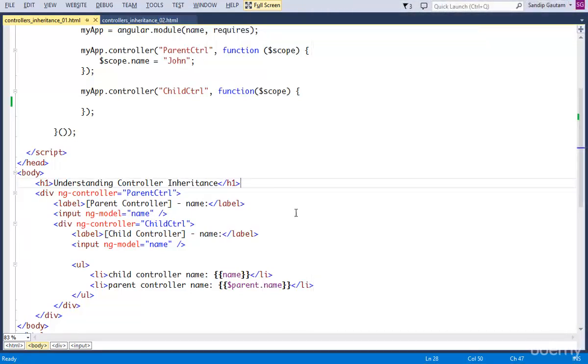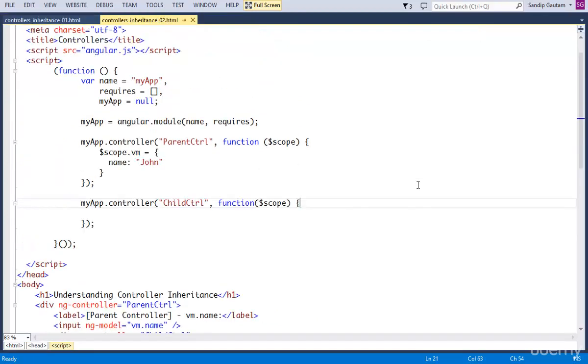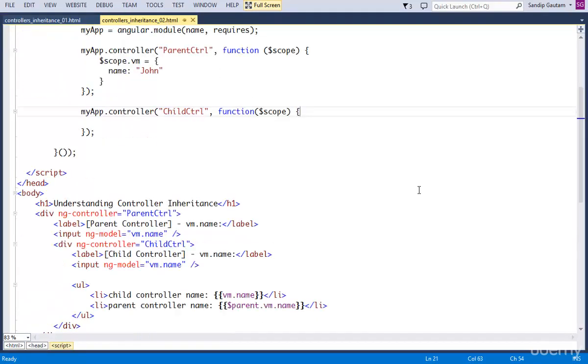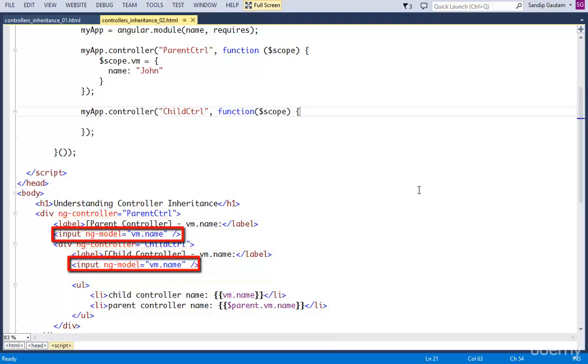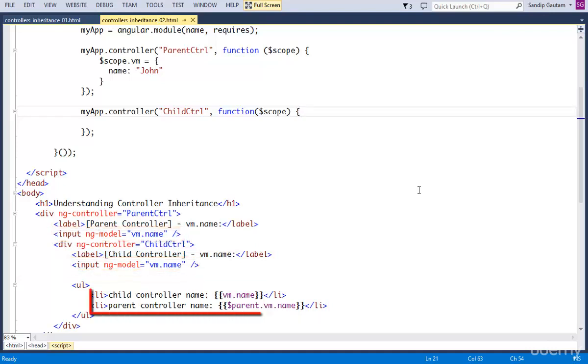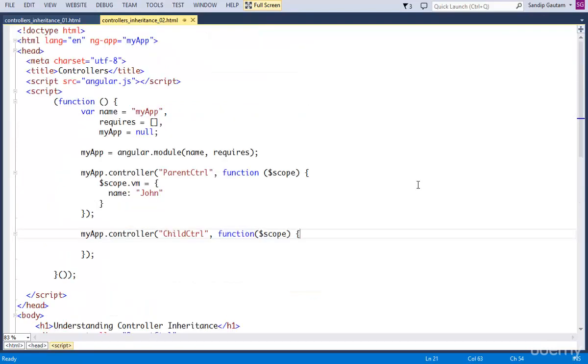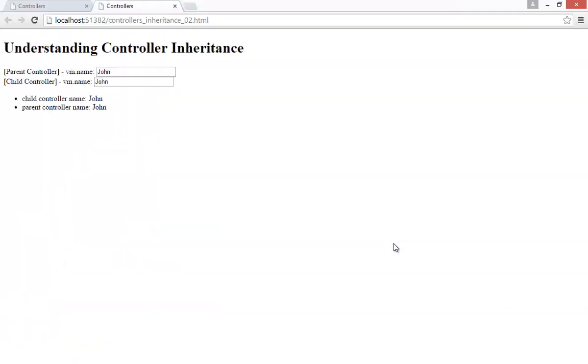I have one more HTML, but this time, instead of using primitives, I'm using objects. You can see that instead of using name, I'm using vm.name to refer to my model values. VM stands for view model. So the parent text input and child text input have ng-model of vm.name, and the same vm.name I'm referring to here in the list as well. Moving on to the controllers, you can see I have defined vm.name on the parent controller as John and my child controller is empty. Let's run, and as expected,